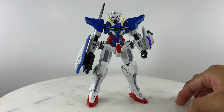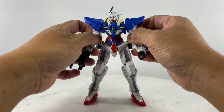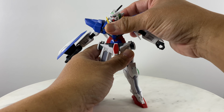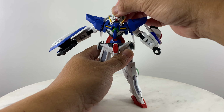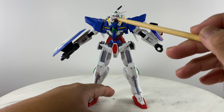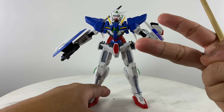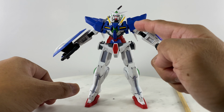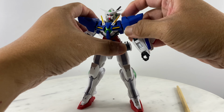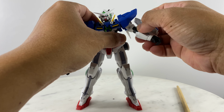So with regards to articulation, because of how this thing is designed, you have more articulation points actually. So for the waistline, that's it. For the head, actually you have 2 points of articulation. It's on the base of the neck, the upper near the chin, and the lower near the sternum. So 2 points of articulation. Okay, so with this section, with the pointy parts already glued onto the action figure, you could rotate that arm, you could do the poses,